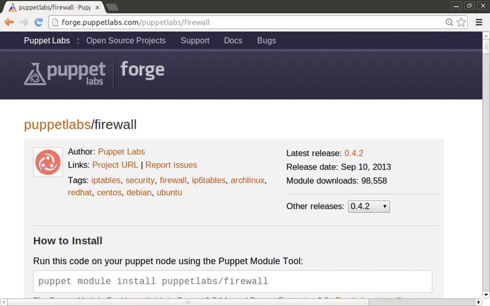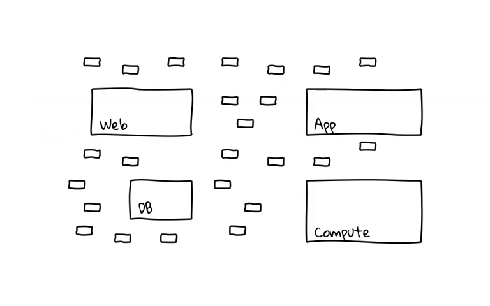Let's take a look at an example without Puppet for a minute. Let's assume you have several large clusters: web, app, compute, some database nodes, and potentially many one-off machines. These one-off nodes could be used for internal monitoring, source control, analytics, you name it. But if you wanted to run IPtables on each one of these nodes, how would you do it? Well, you would likely have some base or standard IPtables script, and then you would have many variations based off your system requirements. It would be a management nightmare, and there is no clear way to verify the rules are